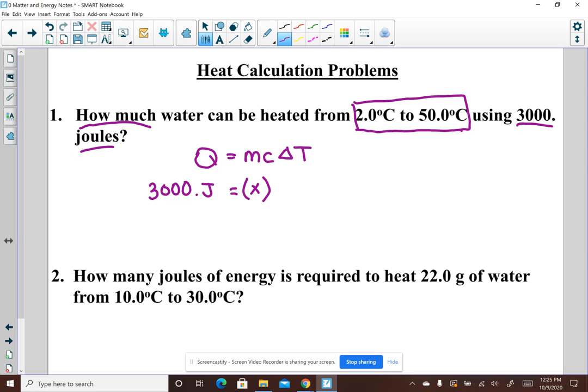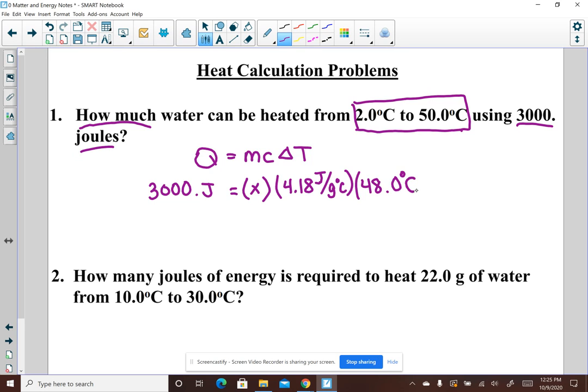If the heat is in joules, I have to plug in the specific heat that has joules with it so that my joules end up canceling out at the end. If the heat was in calories, I would use the number 1 here instead. And then for temperature, 50 minus 2 is